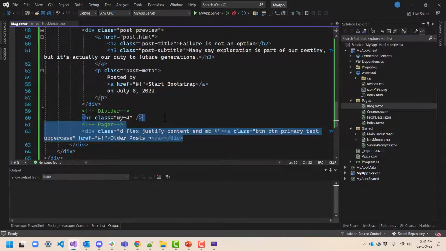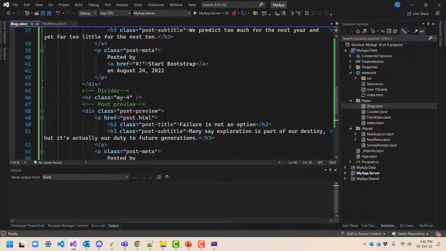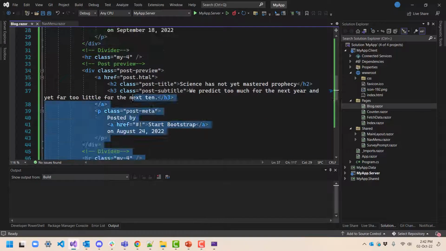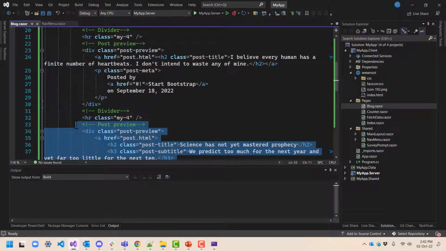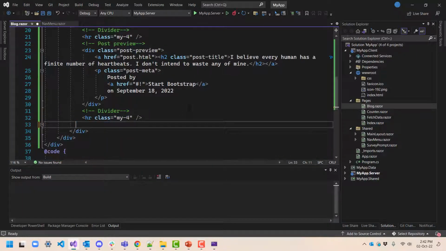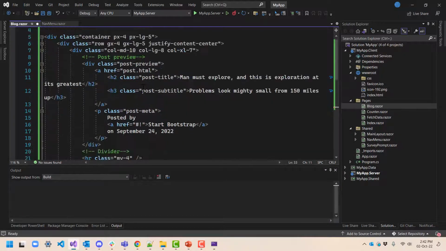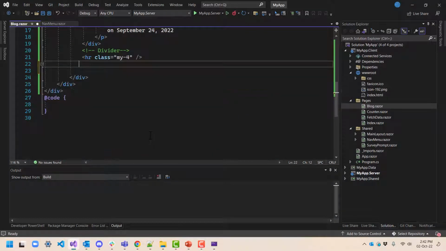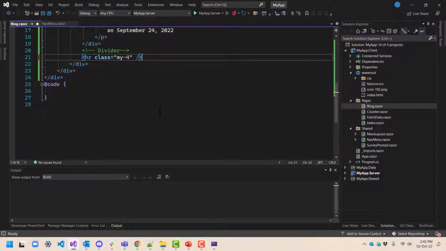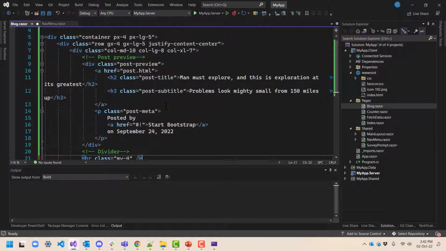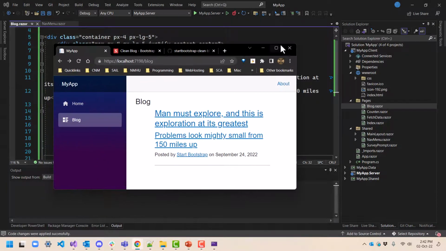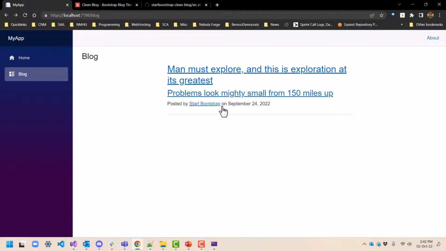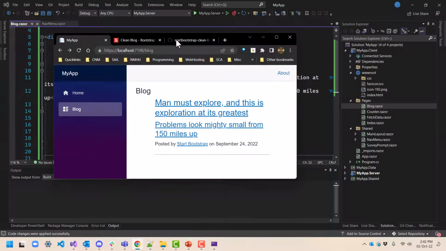And I think what I'm going to do is I'm going to remove everything. I'm going to leave a divider in and just try to get it down to one. Post preview, divider, post preview, divider. So this is one instance. Save that, and we can see now we have one instance where we have a title, a link, and so